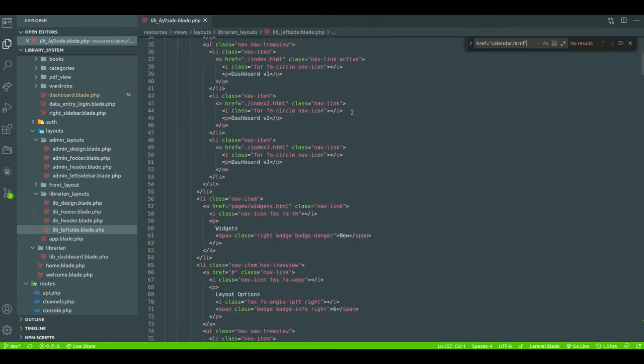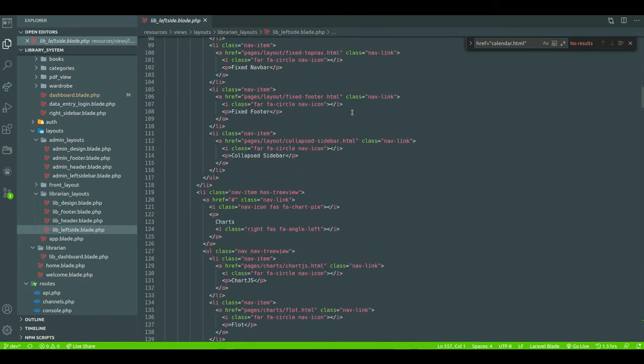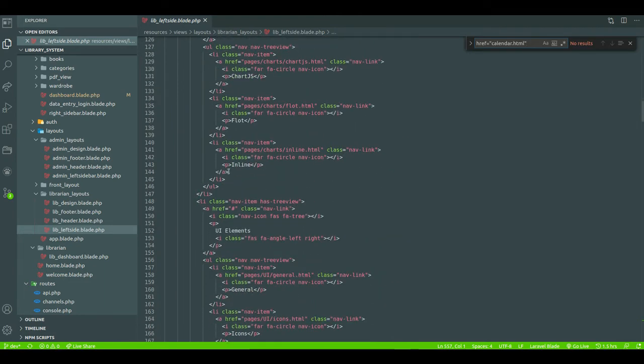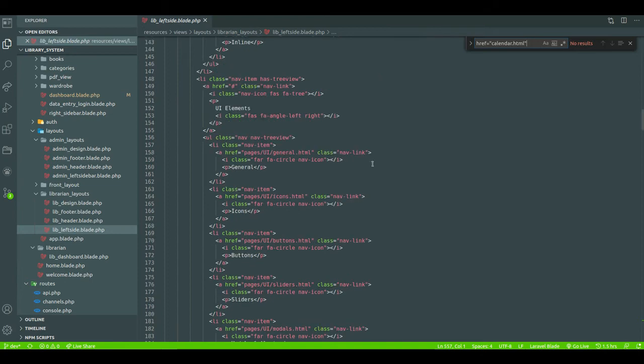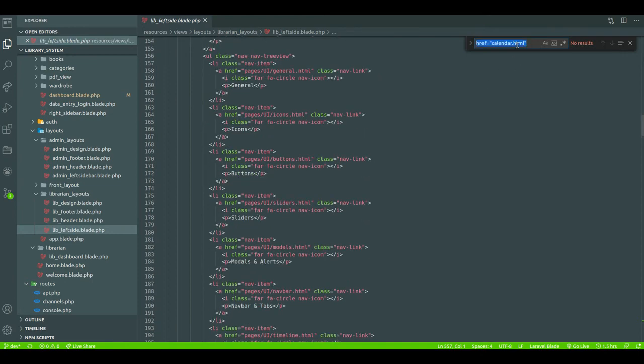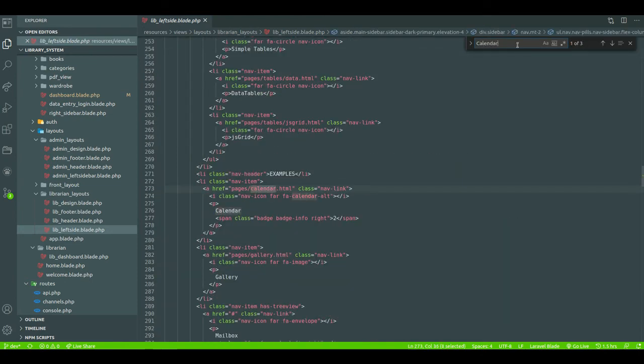Yeah, UI button calendar. Here, see, calendar is there.